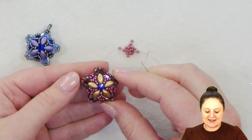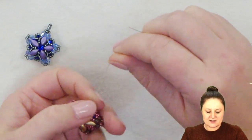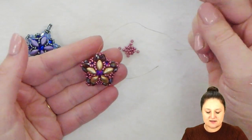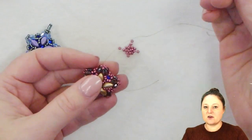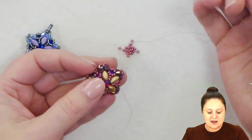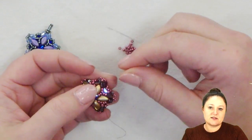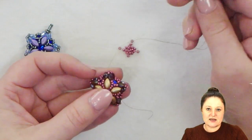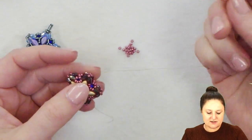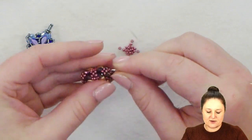So I think that's a lovely idea. To add the bail, I'm just going to add a very simple bail to this. You can buy a metal bail and attach a bail in all different kinds of ways, but I'm just going to show you how to do a very simple bail so that you don't need any additional materials. I have a very little bit of thread left here, so hopefully that will get me through